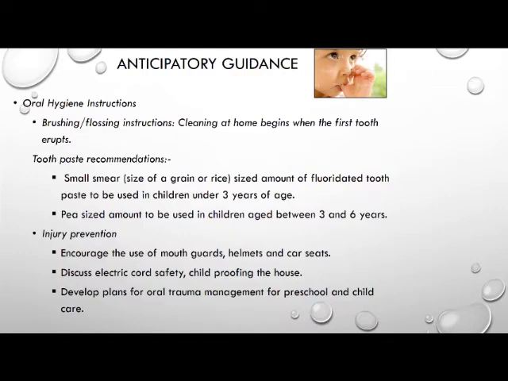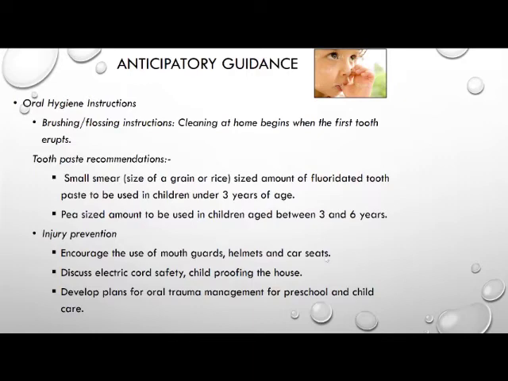This is something you're going to be checked on: how you guide the parent or the caregiver and give them guidance on what they need to do. Most importantly, first and foremost, you're going to talk about the brushing and flossing instructions. Always, cleaning begins at home when the first tooth erupts. Actually, even at birth, you just go ahead and wipe off the gums and the tongue. But most importantly, once you see the eruption of the first tooth in the mouth, you go ahead and wipe the